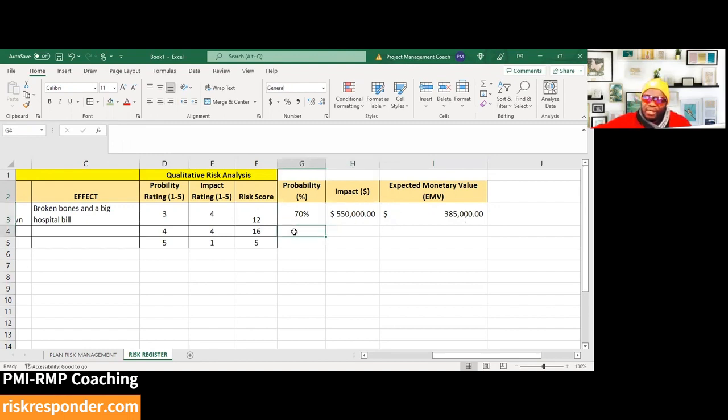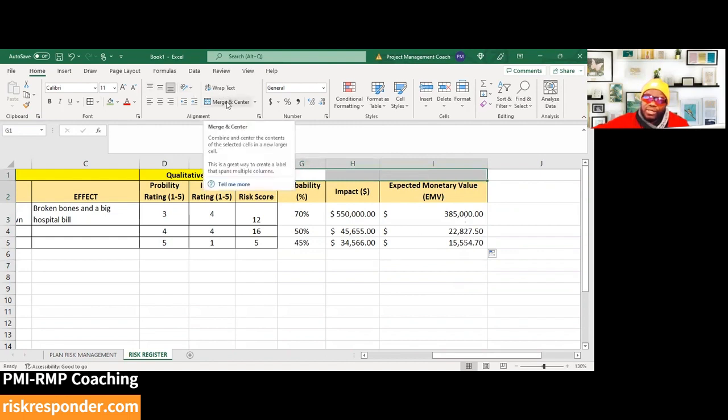But the idea is that if we do this for every risk in our register, right, let's put some numbers there. If we do this for every risk in our register, we're going to get to the point where the aggregate effect of everything all added up is going to help us to be able to deal with the risks that we are observing. And you wouldn't just do this for the negative ones. You could also do this for the positive ones. So let's go ahead and put what this is. This is quantitative